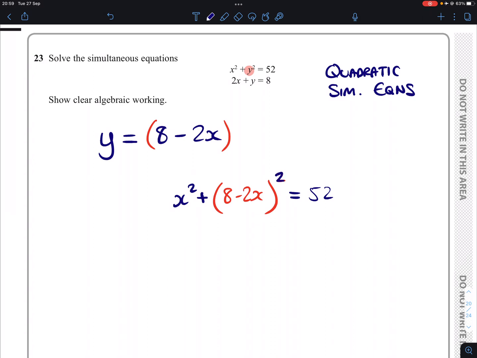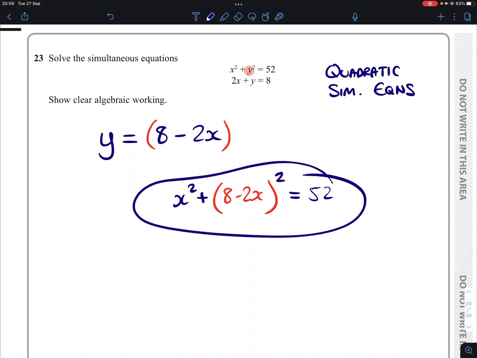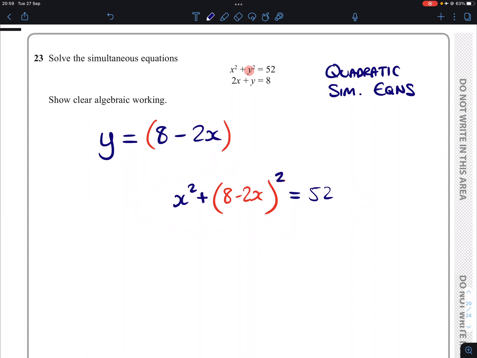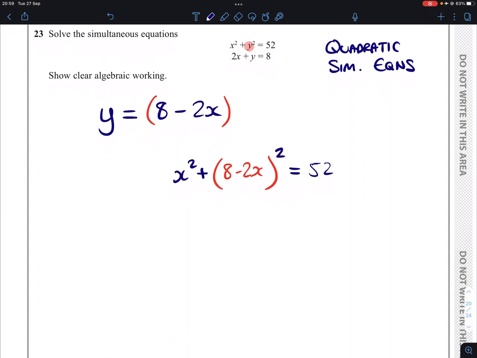Technically this power here would be 2. So I've replaced y in a bracket with 8 minus 2x. We then solve this equation because we've replaced y, so we have a new equation in terms of x only. We're going to solve this. Double brackets for 8 minus 2x, or a shortcut if you are happy enough with that, will give us the following,